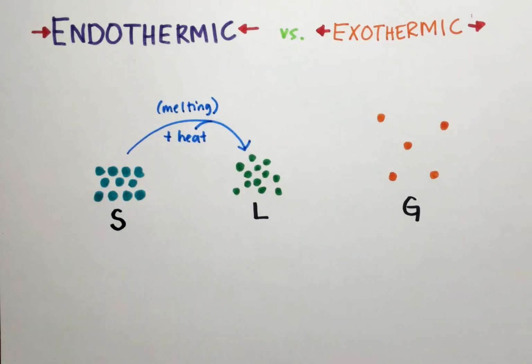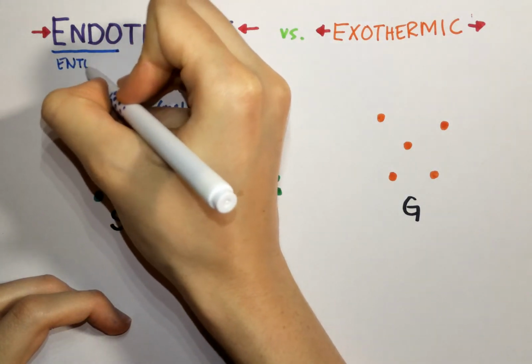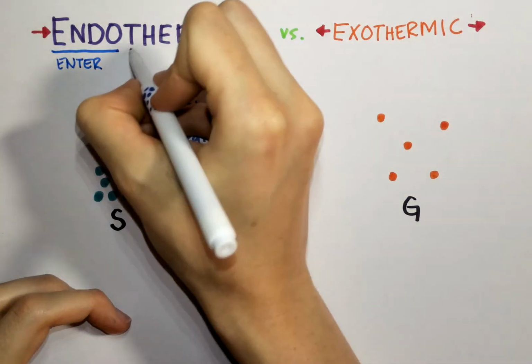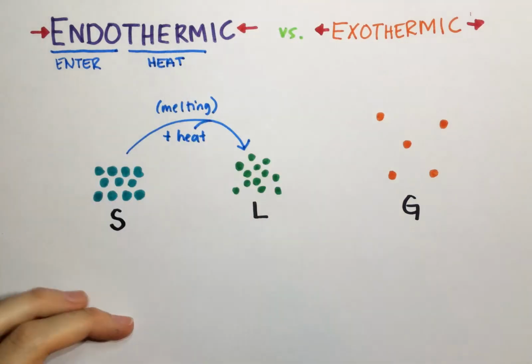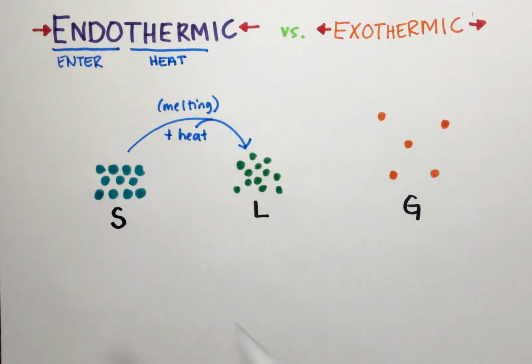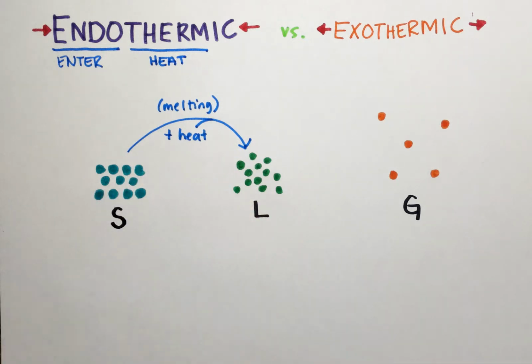And that type of change is what we call endothermic. The endo kind of meaning enter, and the therm piece meaning heat, because again, heat is just a form of thermal energy. So if heat needs to be added in to get from start to finish, you have yourself an